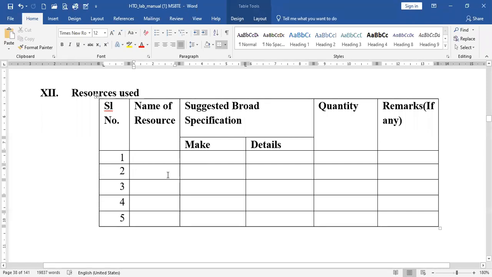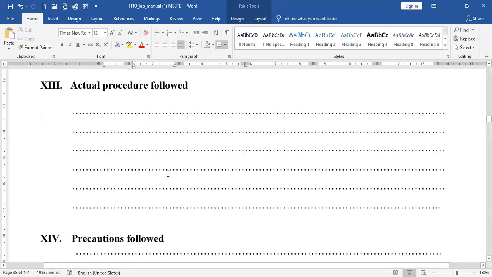Normally we must have this natural convection experimental setup as per the ASTM standards. Then RTD PT100 type thermocouples should be required for measuring the 8 temperatures, that is, 7 for the copper tube surface temperatures and 1 for the ambient temperature. Then there should be a control panel with a dimmerstat, main supply indicators, fuse, voltmeter, ammeter, and temperature indicator. Whatever the actual setup is, you have to write the details of these resources used.